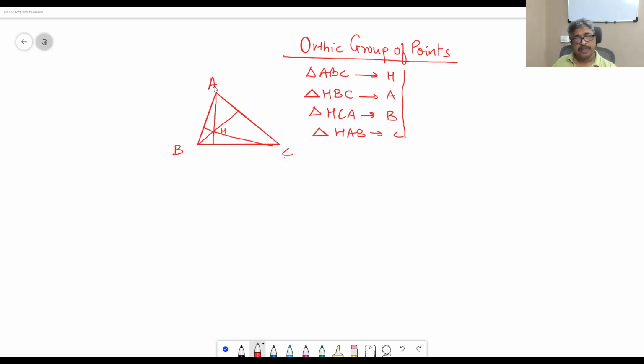So if you have been given 3 vertices and asked to find the orthocenter, it is equivalent to saying find A if H, B and C are given. It is one and the same. So let us find the orthocenter